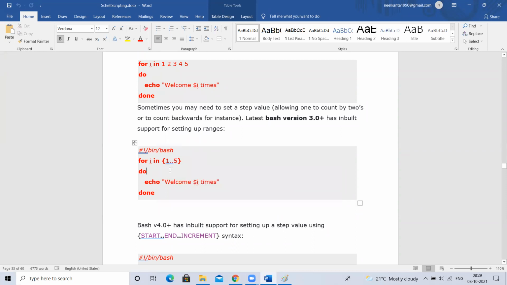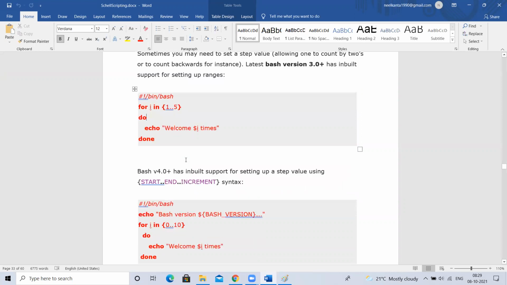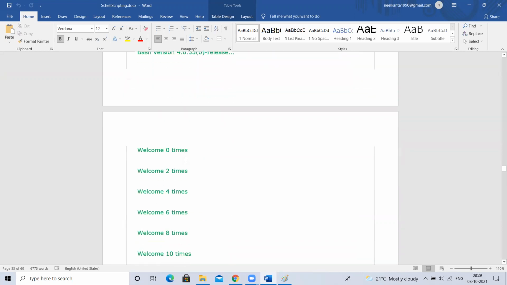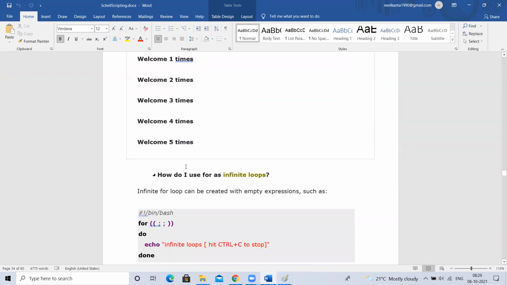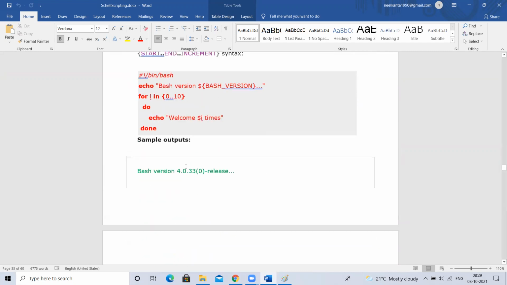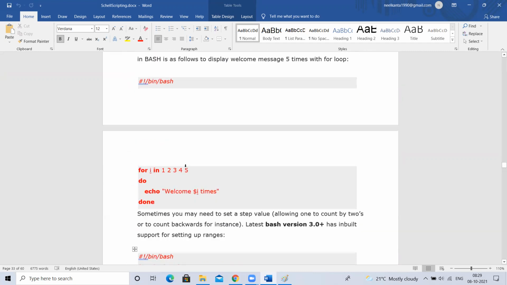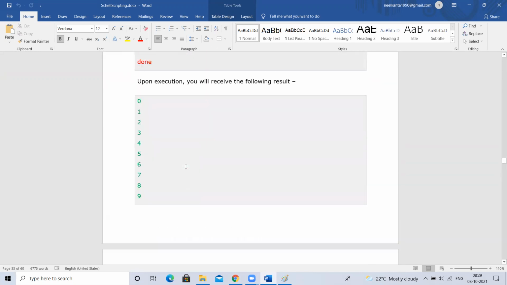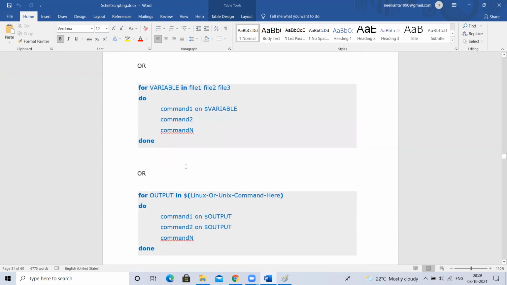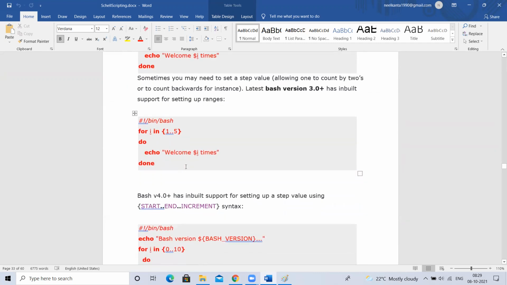Yes, sir. If I write 1..100, it means 1 to 100. But I don't want to print 1 to 100 continuously. I want to print step by step, meaning 1, skip 2, 3, skip 4, 5, then 7, 9, 11, like that. A step of 2. In such cases, you can use one more dot. Where is that example? It's not there. Somewhere it will be in the document. After 5, you can give like this, dot 2.